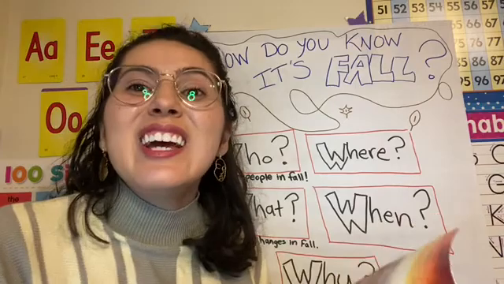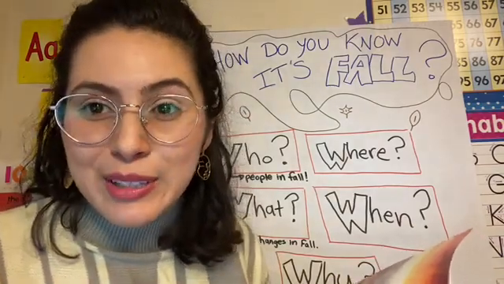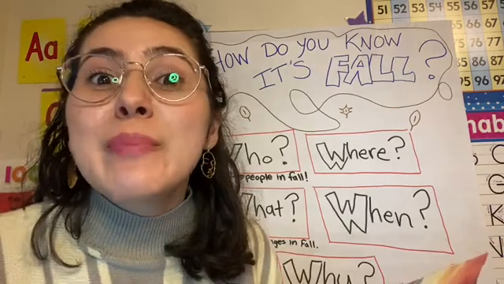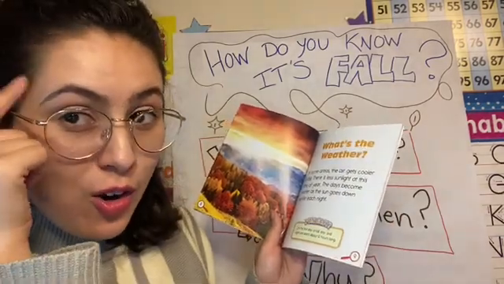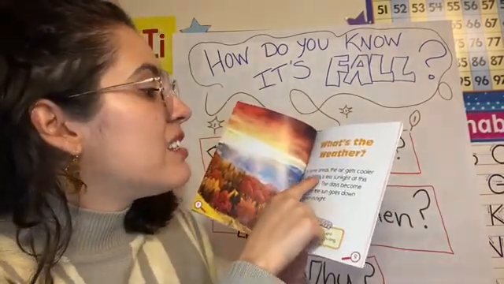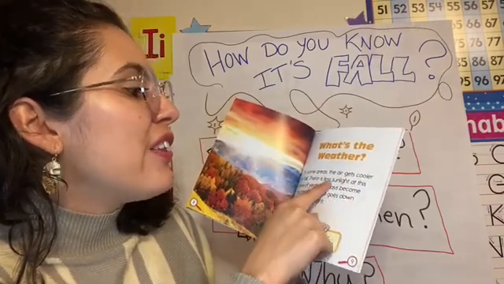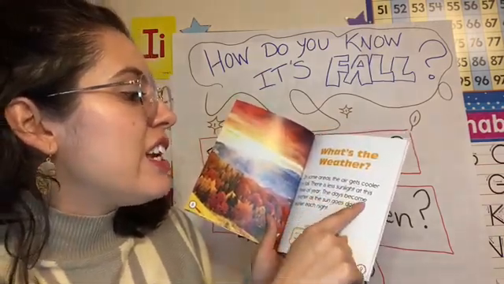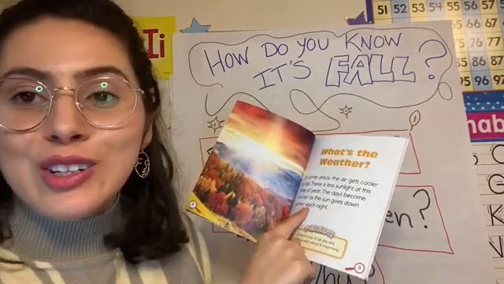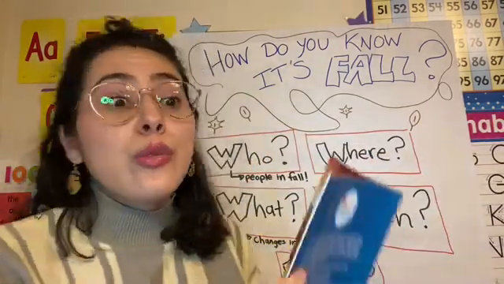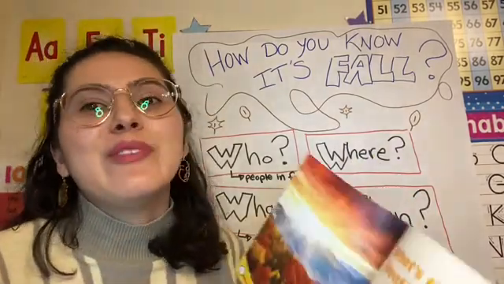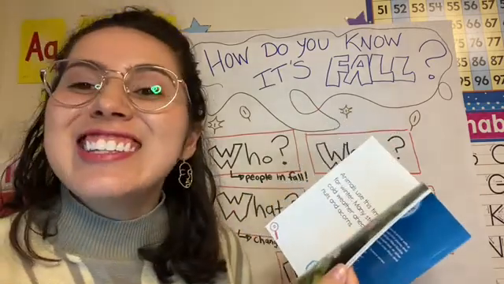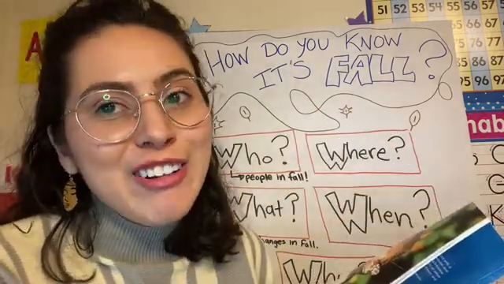I'm looking at the W, where. Where is our next W? And we are going to look together at this page. In some areas, the air gets cooler. I'm thinking about where we are in this text. In some areas, the air gets cooler in fall. There is less sunlight at this time of year. The days become shorter as the sun goes down earlier each night. So I know that we are going through lots of different places. But one thing I have in common with every single page here is that we are outside in the fall. We are outside in the fall.